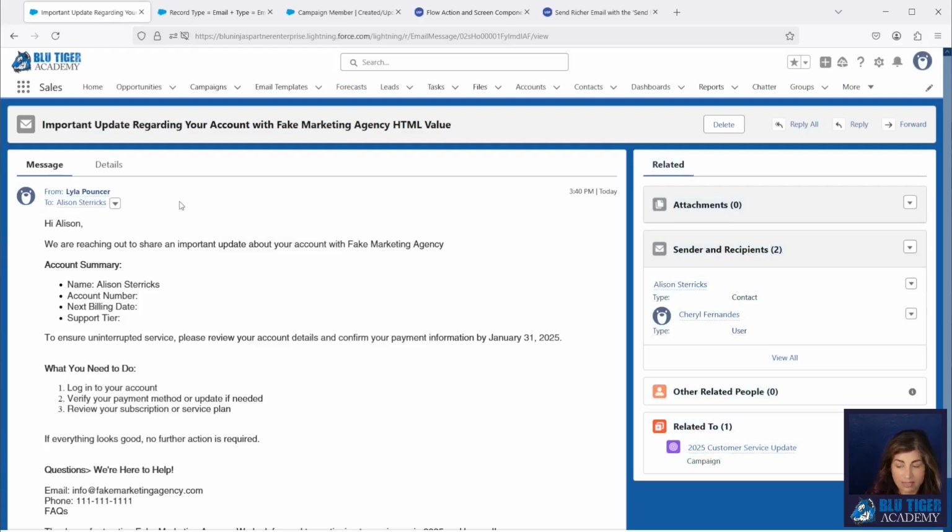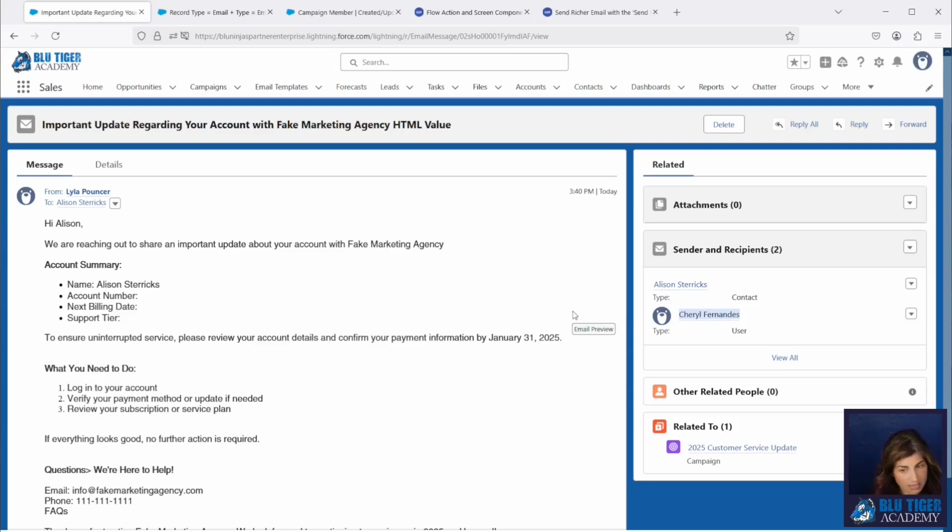Now, if we open up this email and we go to this right here, we can see that the from name is Lila Pouncer, but we can see that the sender over here is Cheryl Fernandez. And you're maybe going, well, what the heck is going on? Whoever is adding the person to the campaign is going to be the sender email. So since we're using the dynamic reply to address and the dynamic sender name, we don't have control over the sender email address.